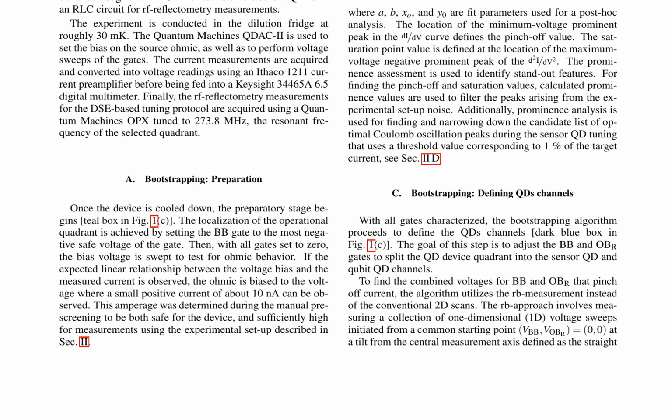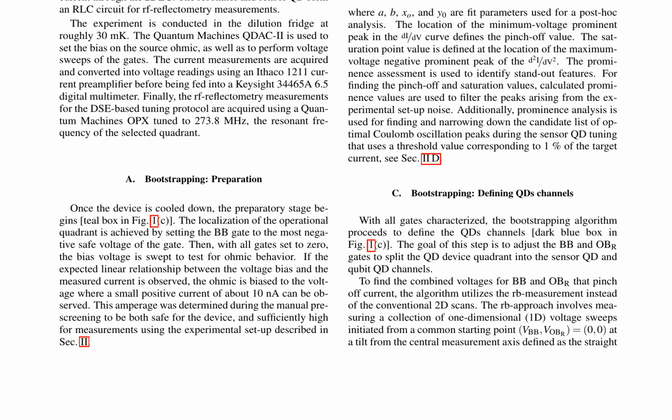34465A 6.5 digit multimeter. The bootstrapping process begins by localizing the operational quadrant by setting the backbone gate to the most negative safe voltage. The algorithm then assesses the functionality of the quadrant's finger gates by applying a voltage to each gate and measuring the current through the device. The analysis of the current versus voltage signal serves as a diagnostic tool to verify whether gates are functional and